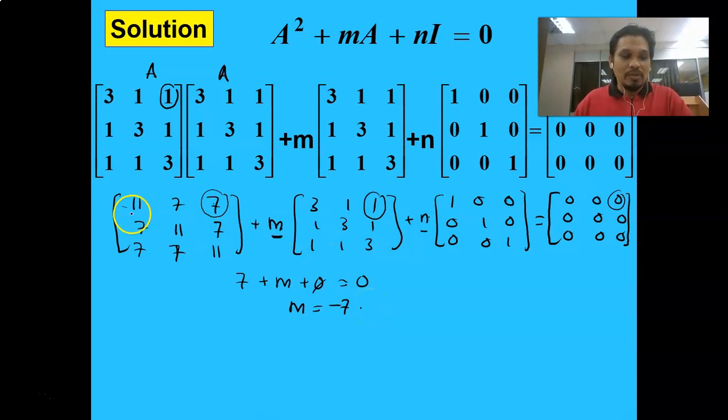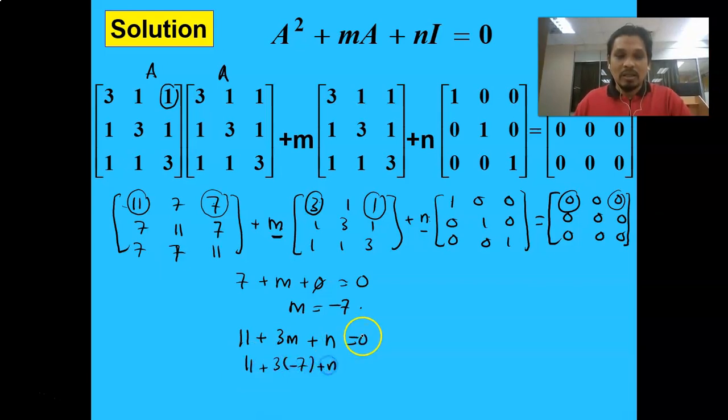So that, okay, m equal to negative 7. And if I choose 11 here plus with 3 times m, 3m plus with 1 times n equal to 0. Okay, so just now m equal to negative 7. Okay, so then 11 plus 3 times negative 7 plus n, this one 0, equal to 0. 3 times negative 7 equal to negative 21. So 11 minus 21, n equal to 0, then n equal to